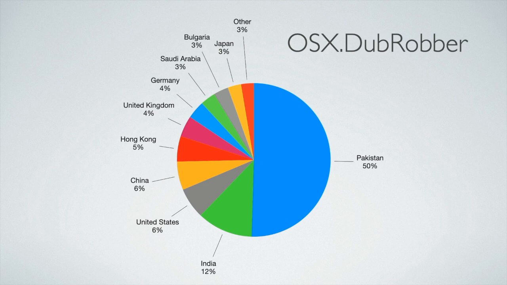This one, we do not see our normal customer base that's strongly US. This was 50% Pakistan, then India, and then the United States was only 6%. So this one was more strong in the Middle East. Also, Japan is on the list, Hong Kong, China. So it was stronger in Asia as well, rather than in the US and Europe.